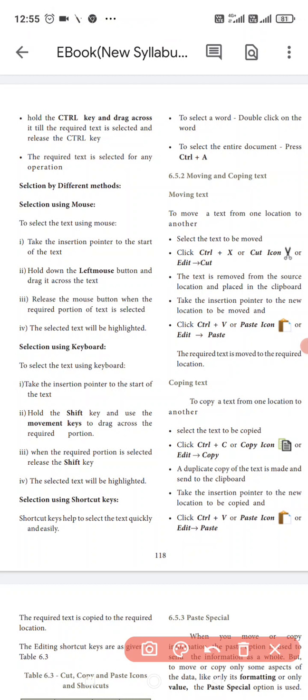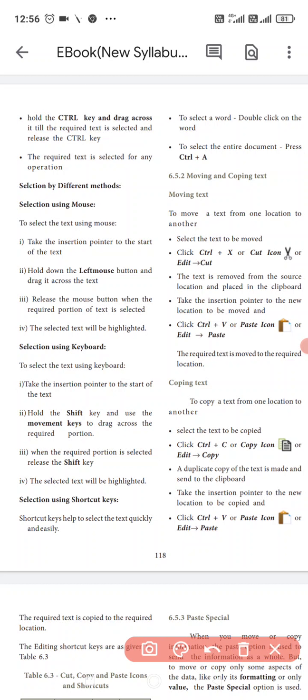So students, see here, non-continuous means you can select wherever you want. First keep the insertion pointer, after that hold the Control key, then click and drag across until the required text is selected, and release the Control key.